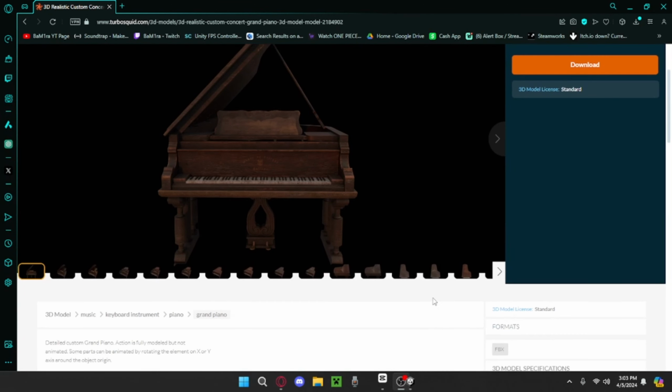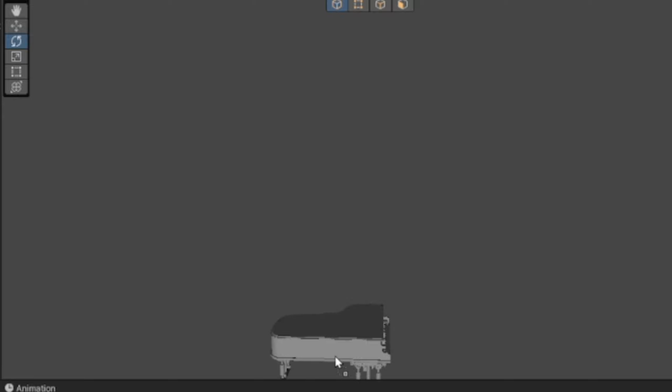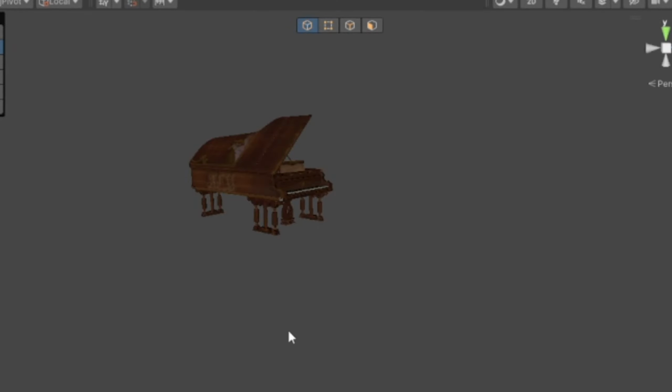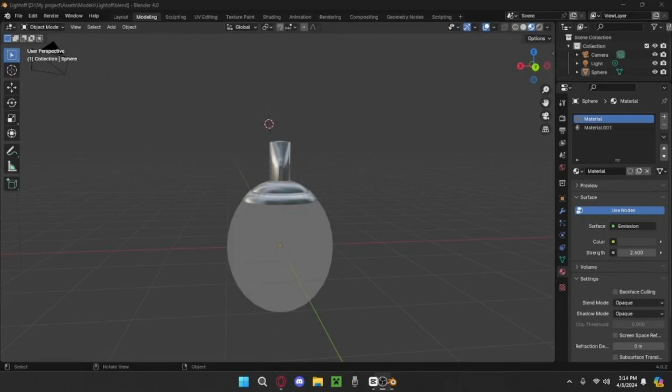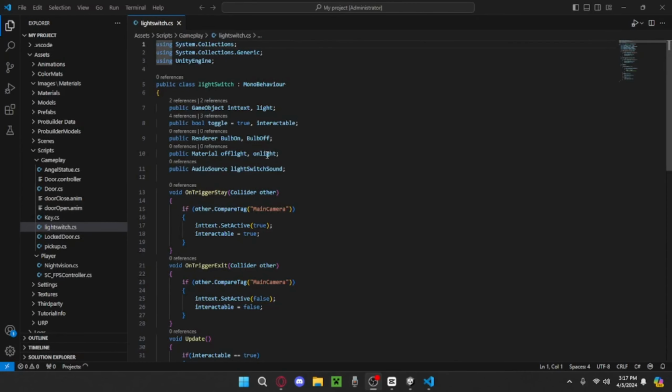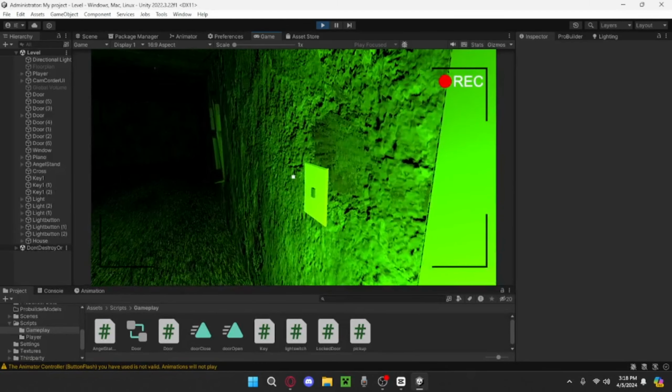After acquiring the piano model, I popped that into Unity, gave it its textures, and wow, look at that piano! Doesn't that look cool? Then I went back into Blender, made a light model, and gave it two different materials for an on and off light. Then I edited the script a little bit for the turn on, turn off light, and now the light will do this, and wow, that light turns on and stuff. Now I feel like we're missing something.